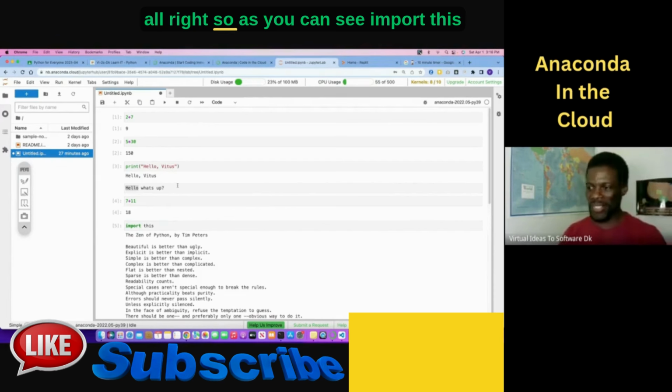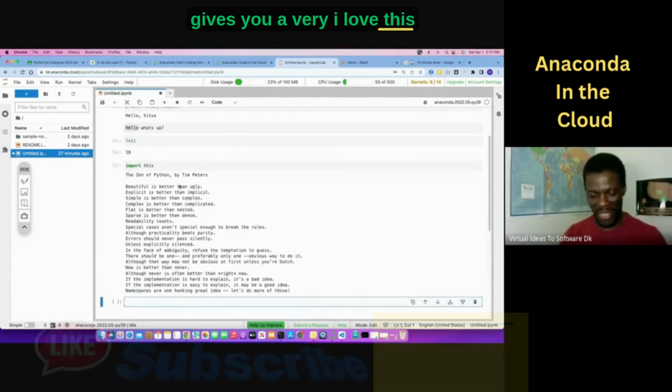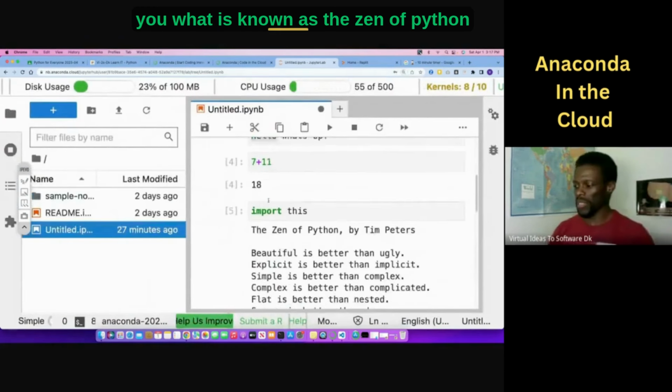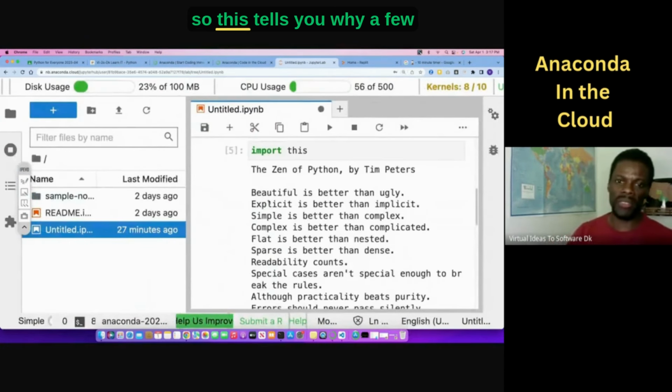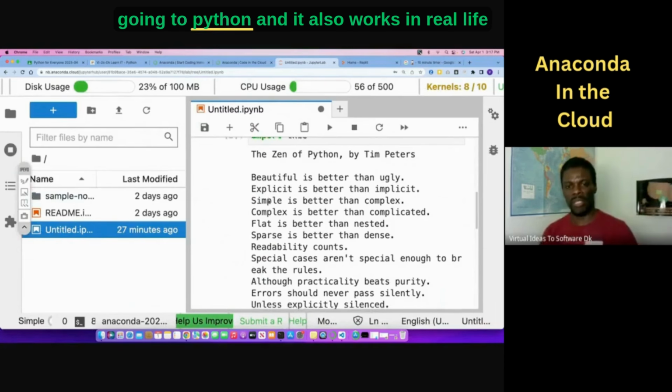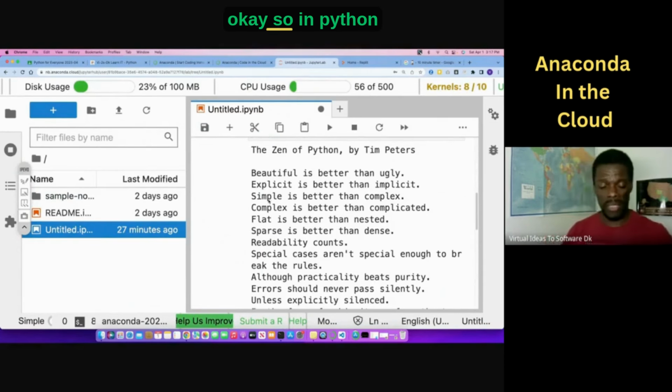All right, so as you can see, import this gives you, I love this, this is one of my favorite things in Python, what is known as the Zen of Python. So this tells you a few rules, per se, that you should have when going through Python. And it also works in real life, okay? So in Python,